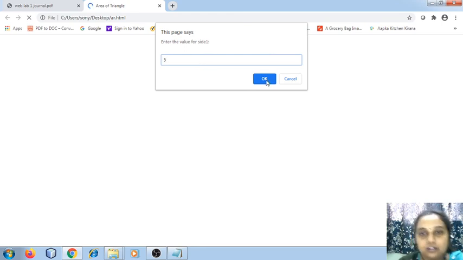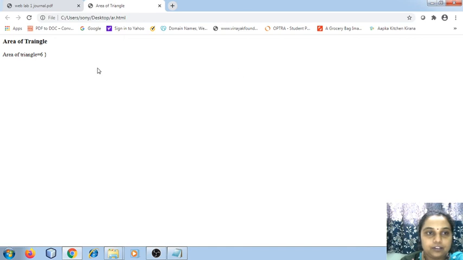So I enter 5. Enter the value of side 2. I enter 4. Side 3 I'm going to enter as well. Observe that it shows the area of the triangle is equal to the result. You can use the formula and then try to find it out manually.